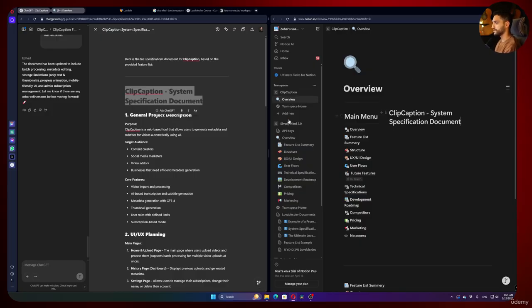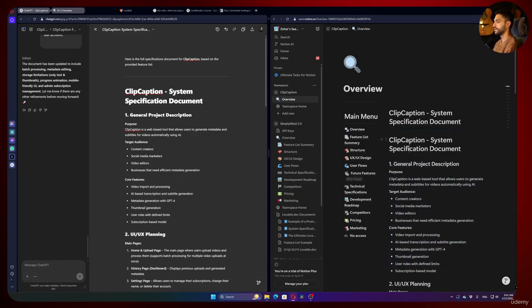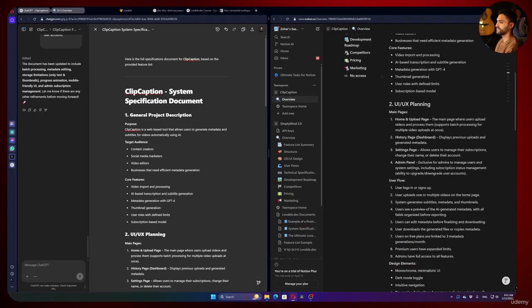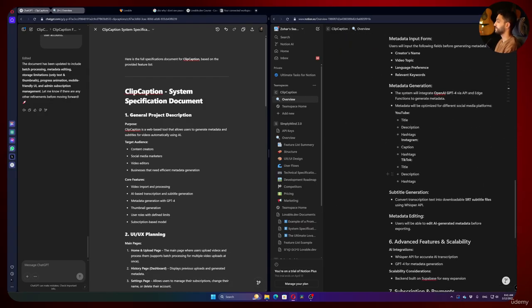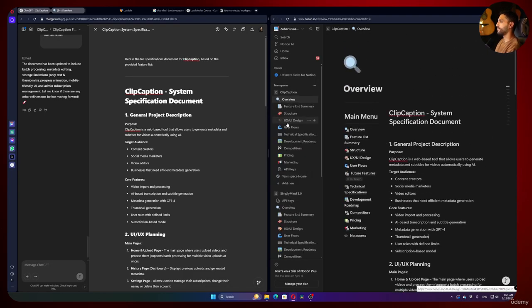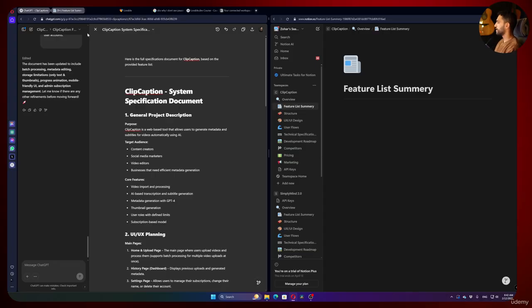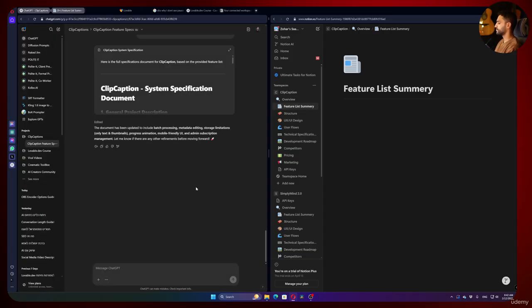And I'm going to copy the title. And I'm going to copy the whole document and paste it here. Okay, so now that we have all the overview of our platform, we are going to use it in every step now in the progress, okay? So after we do that, I want you guys to go to the feature list summary and delete it. And now I want you to exit the canvas view and let's just write me a feature list